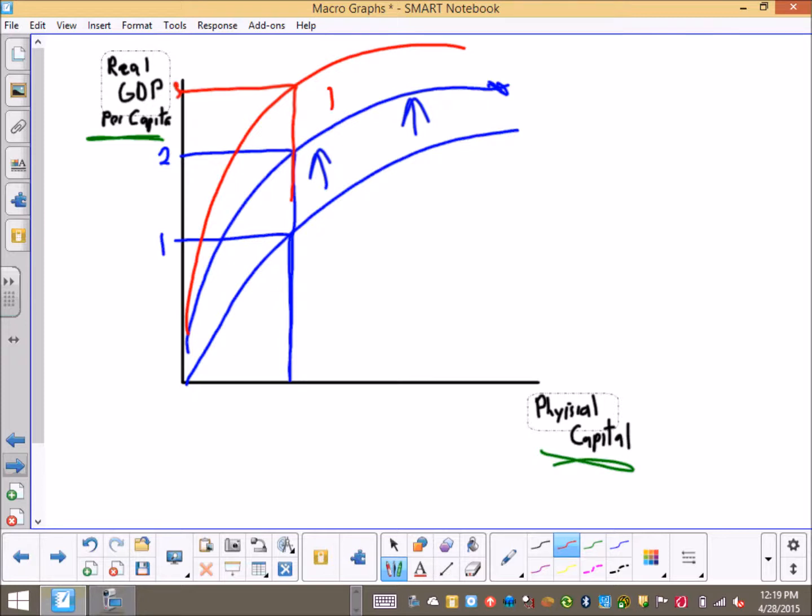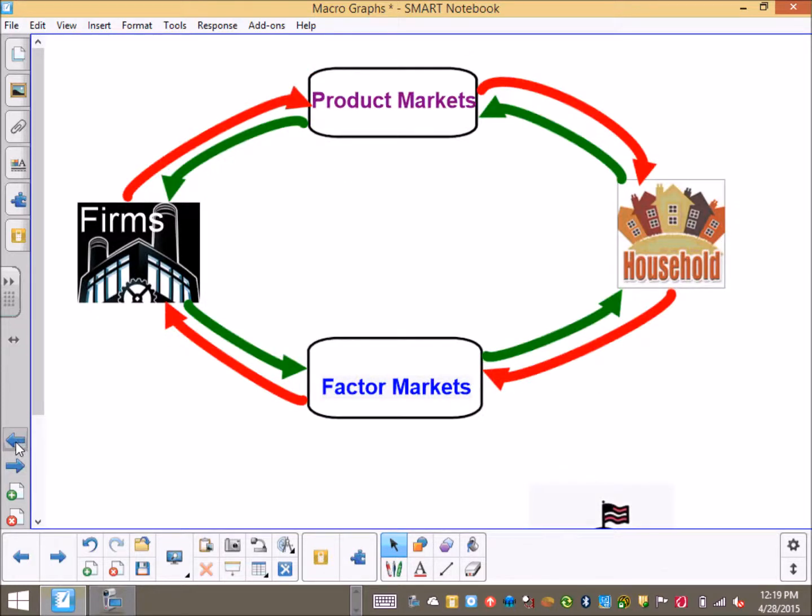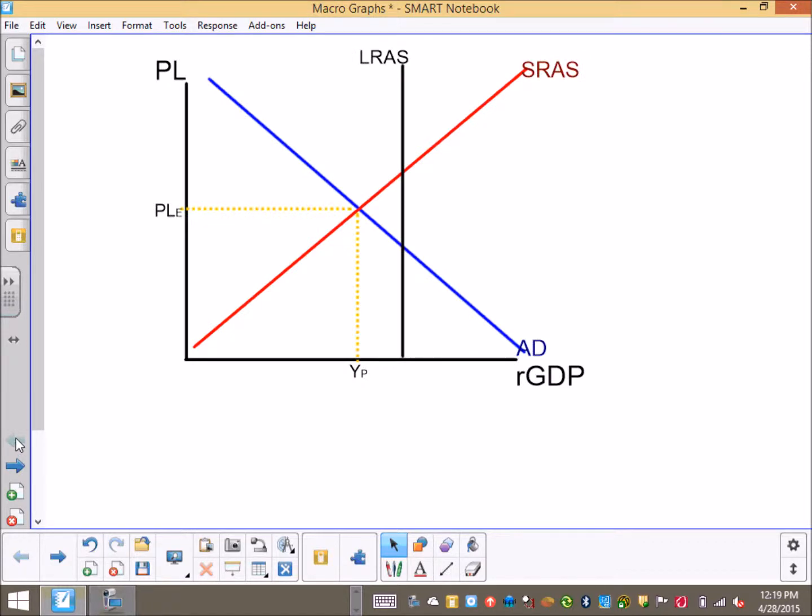So those are the ways that you can increase production, and all of those things would start moving what? It would keep our long-run aggregate supply shifting. So those are kind of the goals that our economy wants to have, is keep producing more and keep expanding that long run. Because what does monetary policy do to long-run aggregate supply? What does it do? Nothing. It just can create inflation or deflation. Printing money doesn't move supply, it doesn't produce anything.